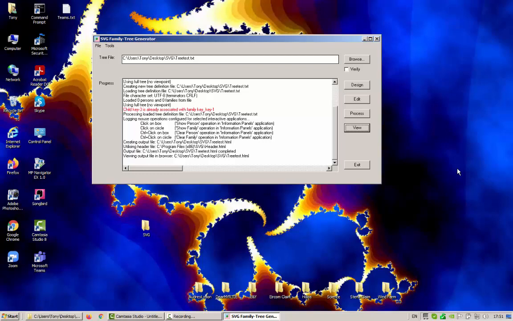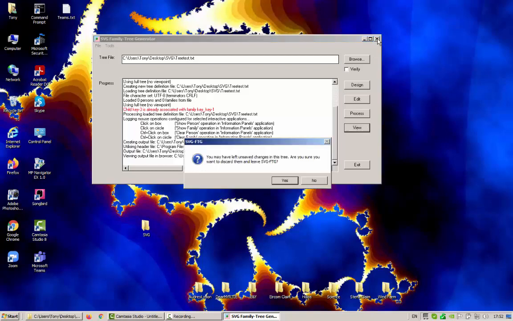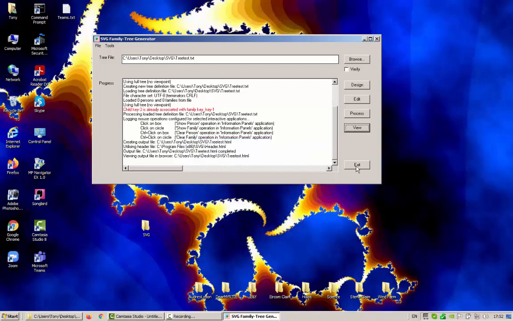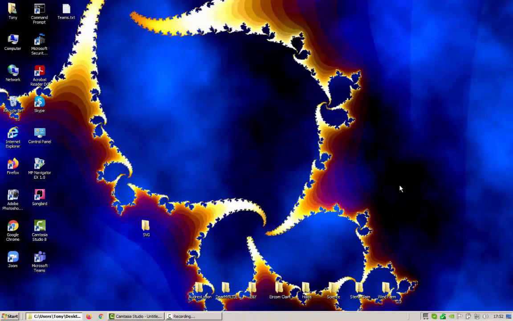So that's SVG Family Tree Generator at its most basic. There's a lot of other features there, and I'll explain those in further videos. Now that we've got the tree in there, if I click on the close box, it will tell me that I'm about to discard those changes. I don't want to discard them, and if you go via the exit menu or the file exit, then it will save them to disk, and you can come in again later,